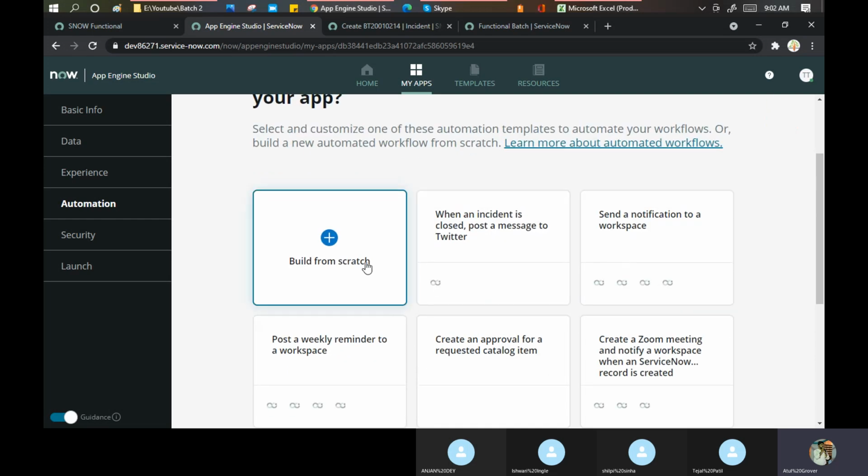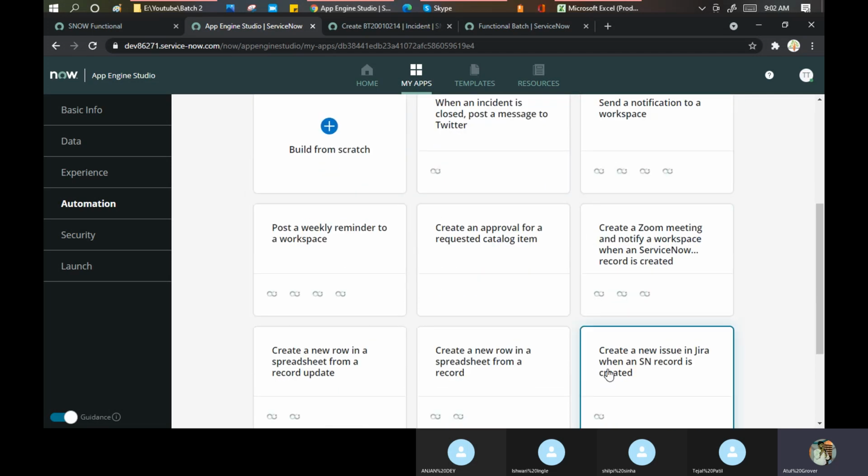Okay, what do you want to do? You want to build it from scratch, meaning you can create your own workflow from the flow designer as well, or you want to use some inbuilt system. See, do you see the symbols? These symbols mean this is a ServiceNow app symbol.